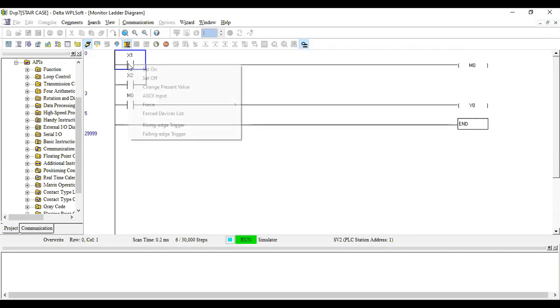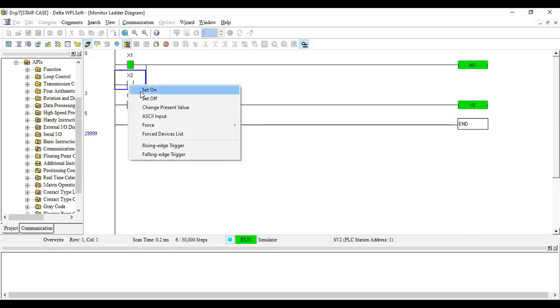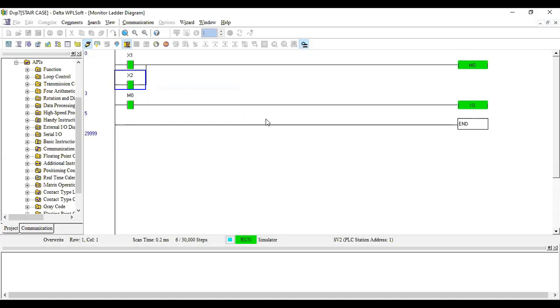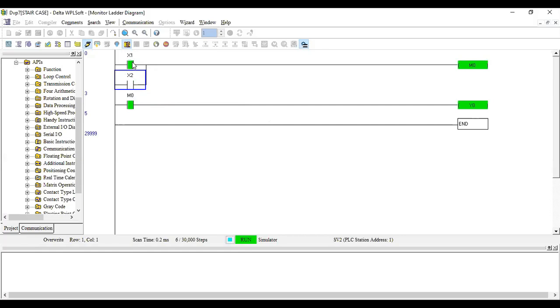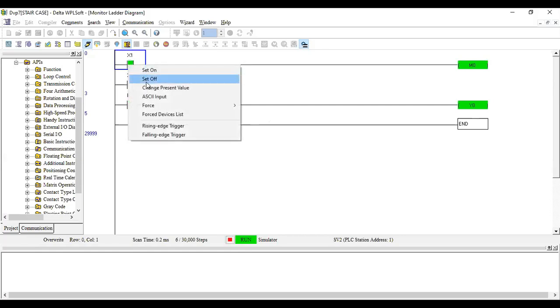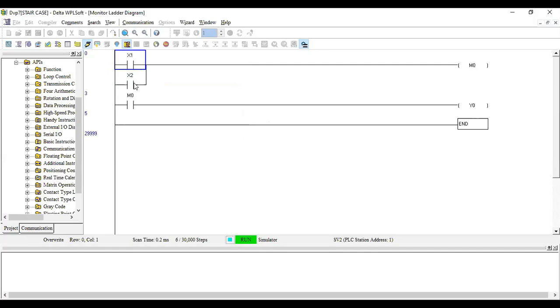My question is, now I have enabled using the first switch. Now as soon as I enable this particular switch, this Y0 should be off. As soon as I make H2 on, my Y0 should go to 0. So what is the logic? What logic has to be changed so that if both are off, the output is going to be off eventually. But my idea is when switch 1 is on and you enable switch 2, automatically your output should be off, and vice versa. How to accomplish this?